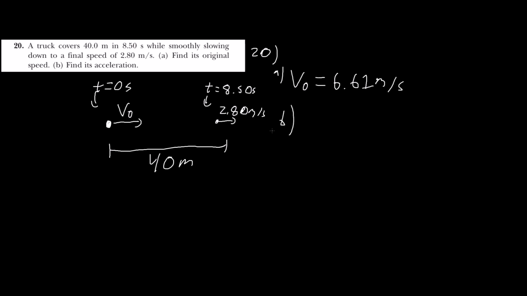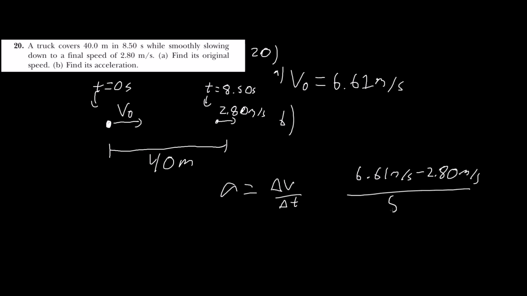Well, we do know the final velocity. The acceleration is really the change of velocity over the change of t, or in this case, the final velocity is 6.61 meters per second minus the initial velocity, which is 2.80 meters per second, divided by the 8.50 seconds. I'm going to put the exact value, not the approximate value. So I'm just going to put this in my calculator, divided by 8.50, and the acceleration, I think